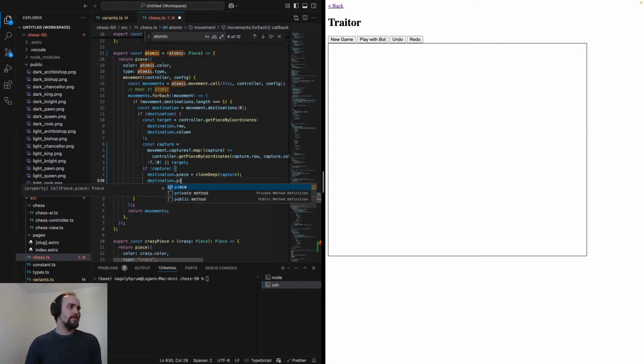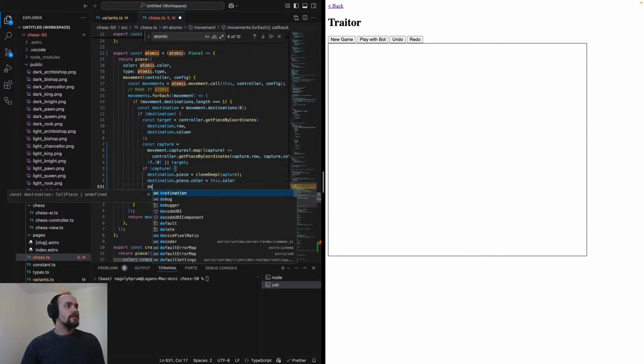Destination dot piece dot color equals piece that moved this dot color. Destination dot piece dot